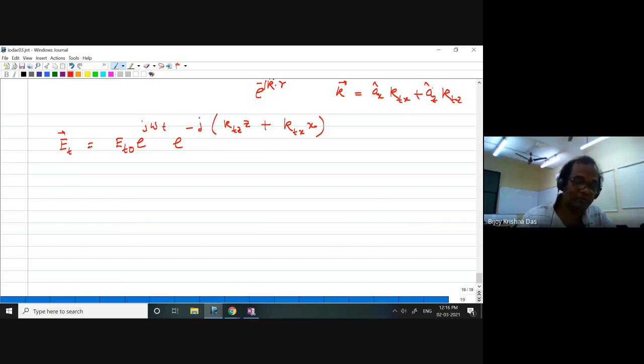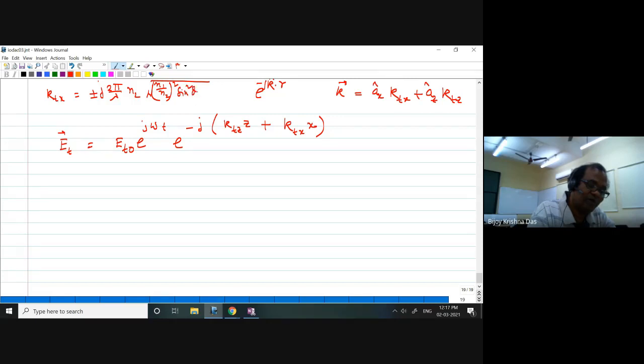KTZ. So r equal to, that means it is in the xz plane. So you can have KTZ z times and KTX x times. That is a position dependent phase factor, and a time dependent phase factor we are considering. Now we have the expression for KTX. KTX equal to plus minus 2 pi by lambda n2, of course, j square root of some positive value, n1 by n2 square sine square theta I minus 1.